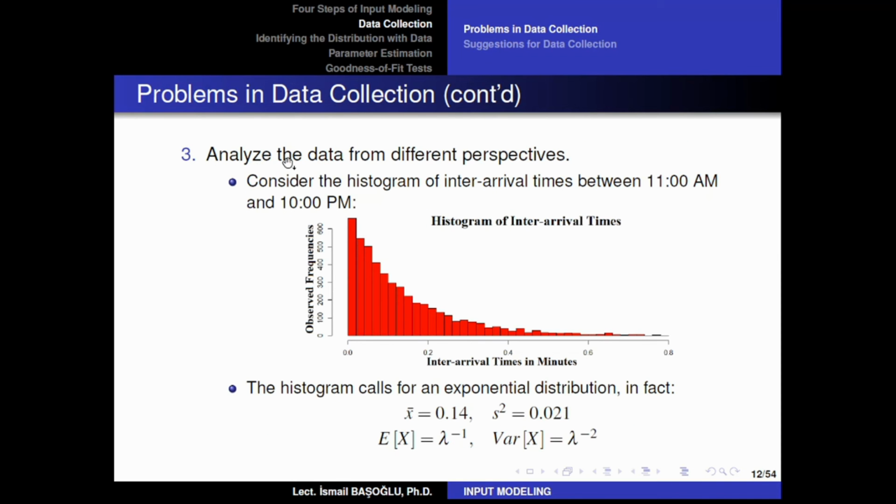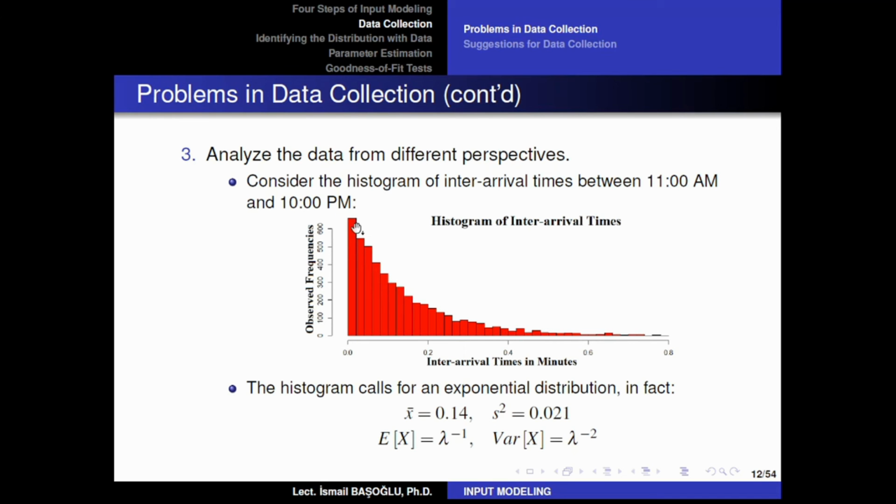Now, it says analyze the data from different perspectives. So let's just say, in this example, we have data of the inter-arrival times between 11 a.m. and 10 p.m. So the shopping centers are opened approximately around 11 a.m. And until 10 p.m., there are many customers arriving to the store, and the inter-arrival times, the time between the consecutive arrivals of the consecutive customers, is observed, given in a list,